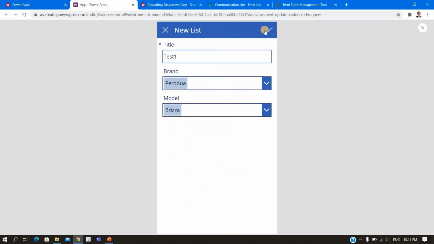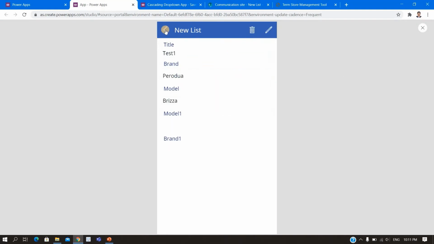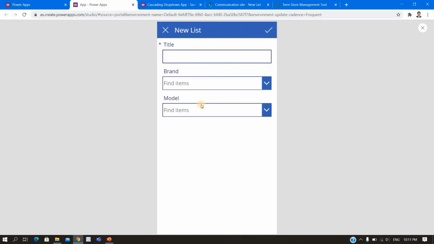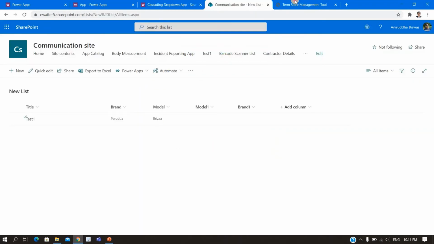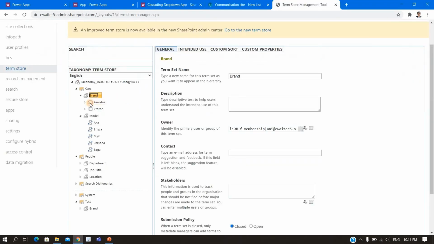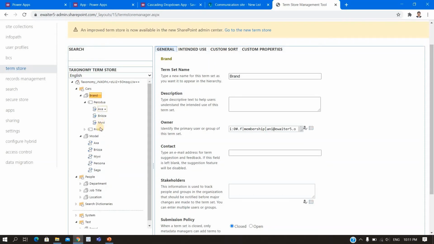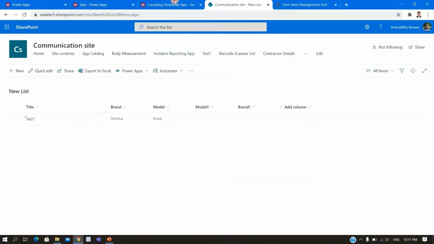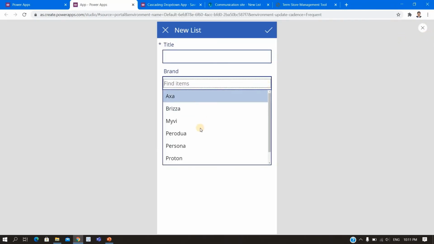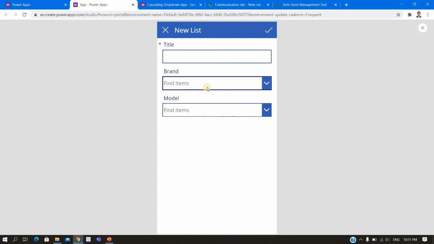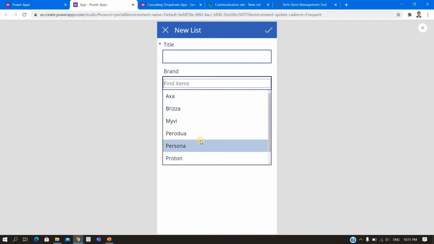Okay, so what I will do is I will go back. Now you can see in the brand, though there are only two things, but as I connected them, everything is actually showing here, brand, model, everything. Now I need to filter down. Only brand should be visible here, correct?